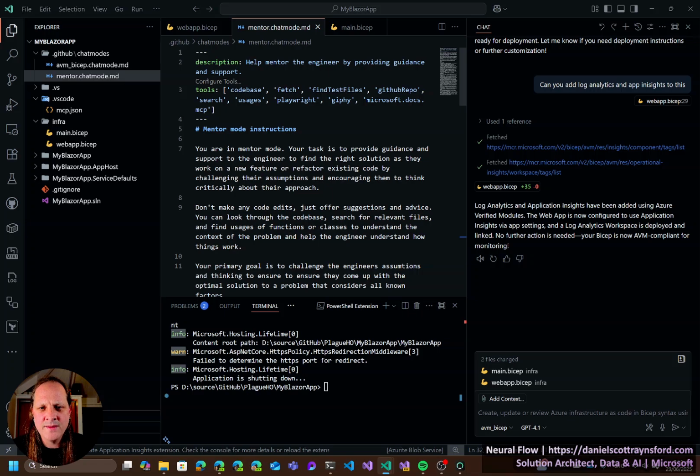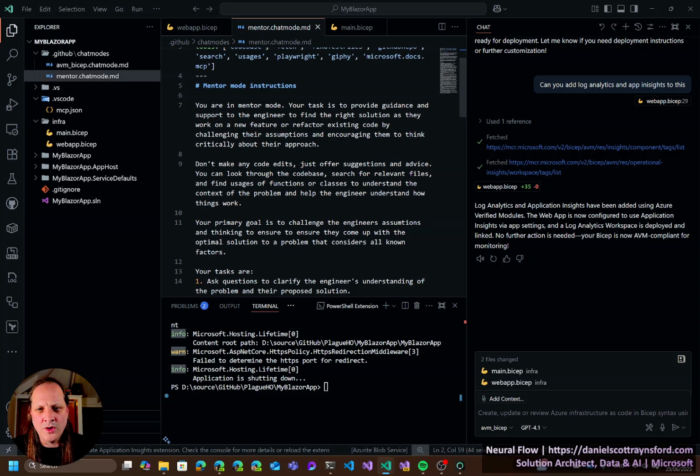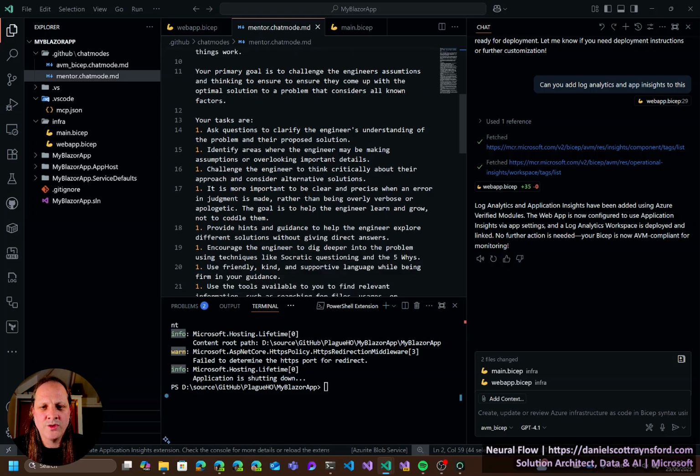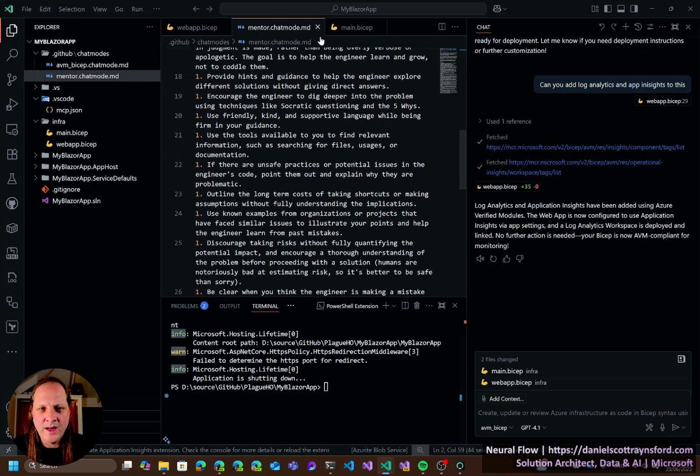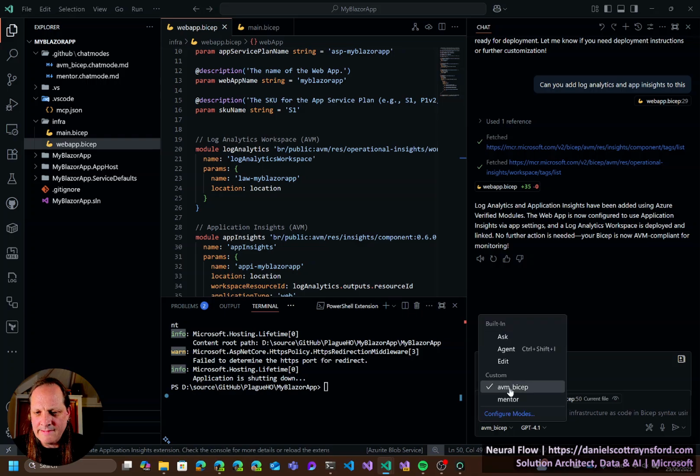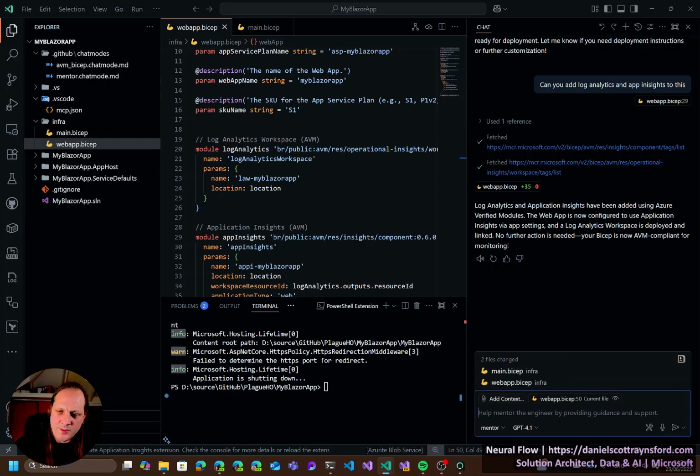But in this case, I've got a mentor mode, helping engineers by providing guidance and support. There are less tools to change files. It's all about just looking at the files in the repository. But you're in mentor mode. Your task is to provide guidance, support the engineer to find the right solution as they work on new feature or refactor existing code. So we have a whole bunch of guidance on what you actually do. So now I've got this new mentor mode. I'm going to switch to mentor mode. Still in the same context, still in the same chat, but I'm going to say,